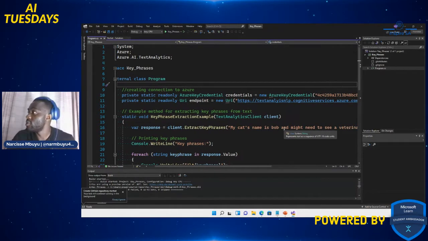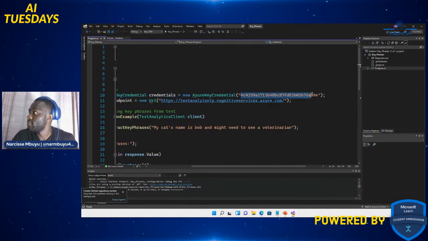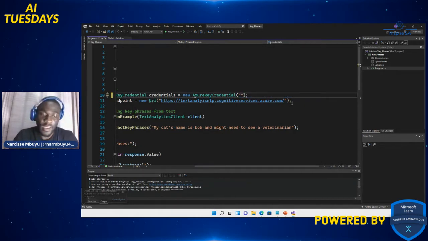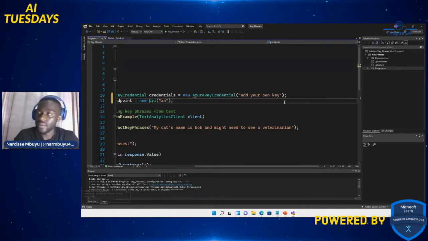So now it's publishing. So now I'm going to take out my key and you're going to put your own one. So when you add your own key, add your own endpoint, use your own endpoint.